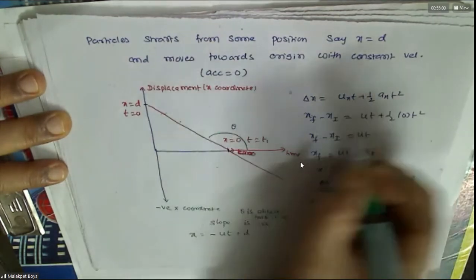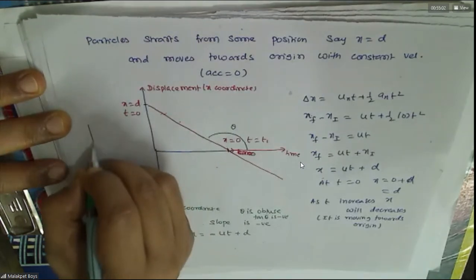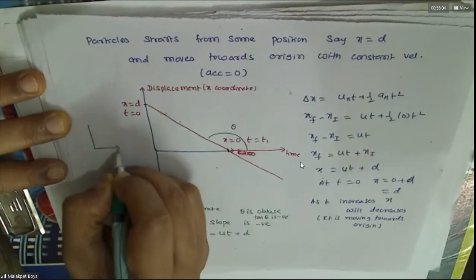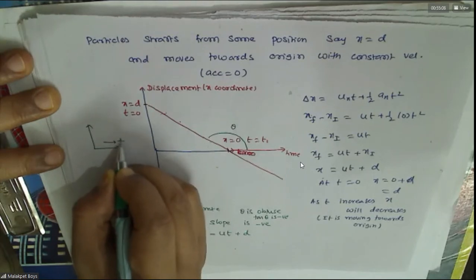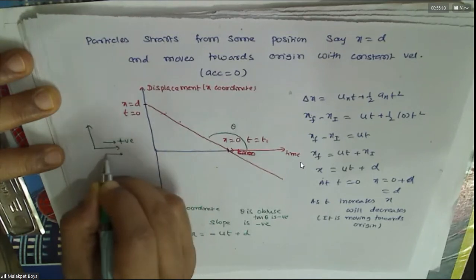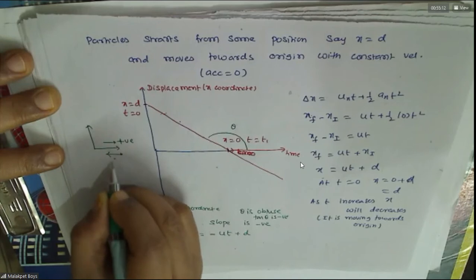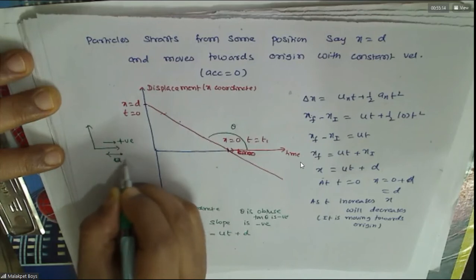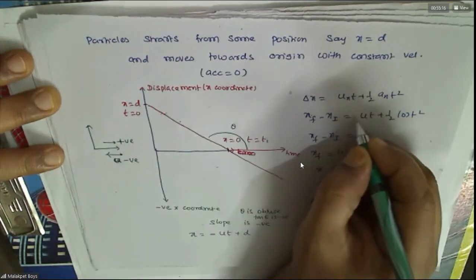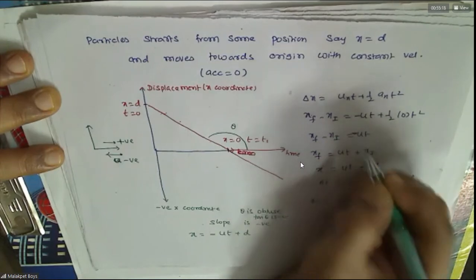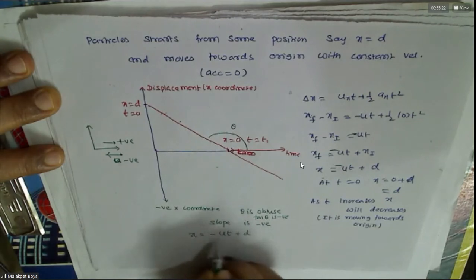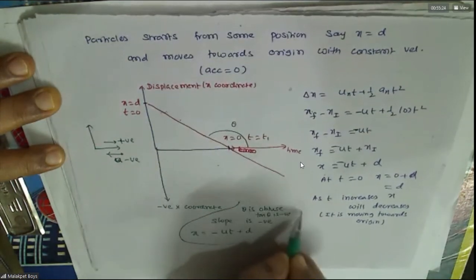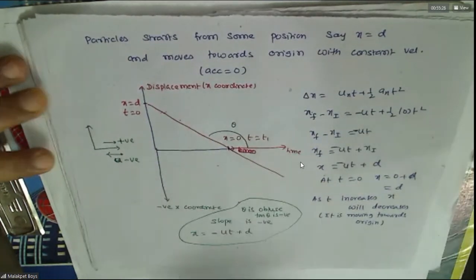See, this particle I am taking, please see. If the particle moves this way, it is positive, we have taken now. The particle is moving like this. So u is what? Negative, no? Here only we should take the sign. That's the reason why you will get this. Clear? Yes, sir. Clear, sir. Now clear.